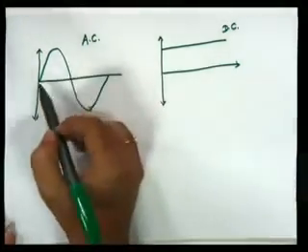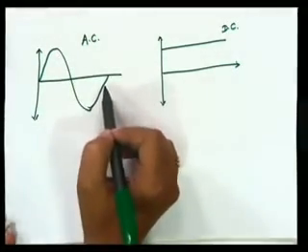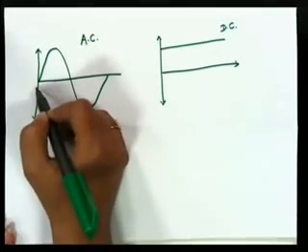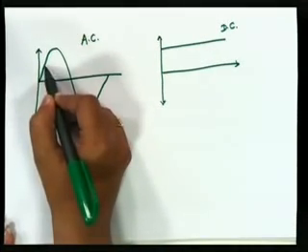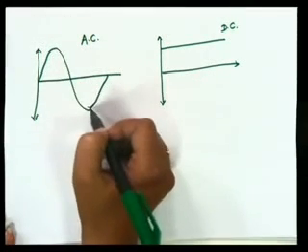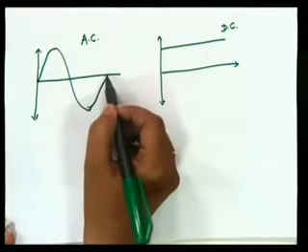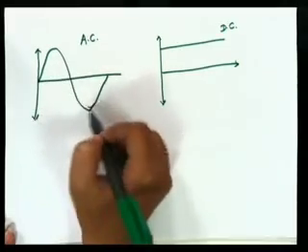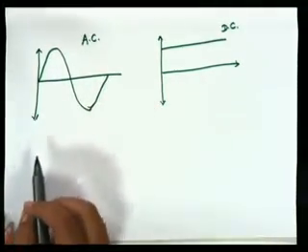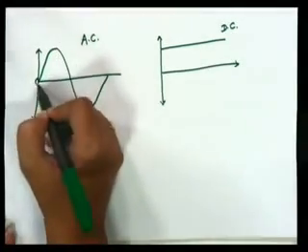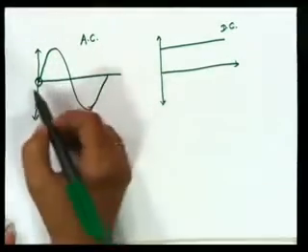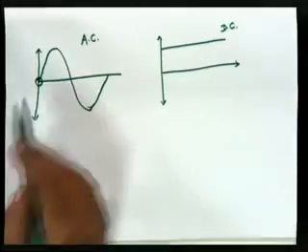Now when you give an AC supply to a particular appliance, what happens? Initially the value of AC is 0, then gradually it increases, reaches up to the maximum, again decreases, reaches a negative maximum, and then goes back to 0. Now when you are giving an AC supply to a particular appliance, and if any fault occurs, then what happens? If a fault occurs at this particular point, then the voltage of this wave is 0 at this particular point, then current